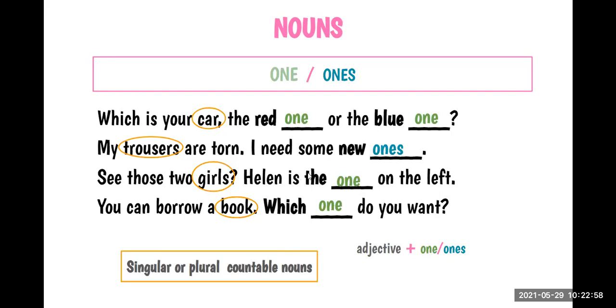Article. The number one or the this one. Article? What is this? It's an article. So we can use an article before one or ones. And also we can use this WH question word, which ones or which one, okay? So we can use one or ones to replace nouns, so we don't repeat them again in the sentences, okay?